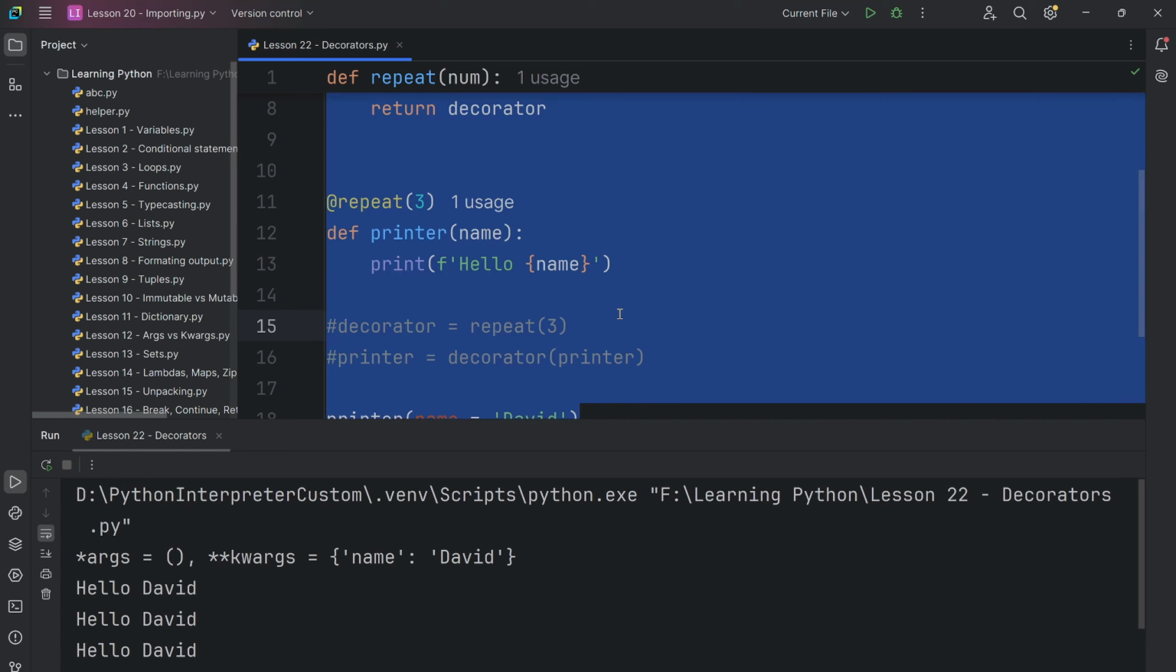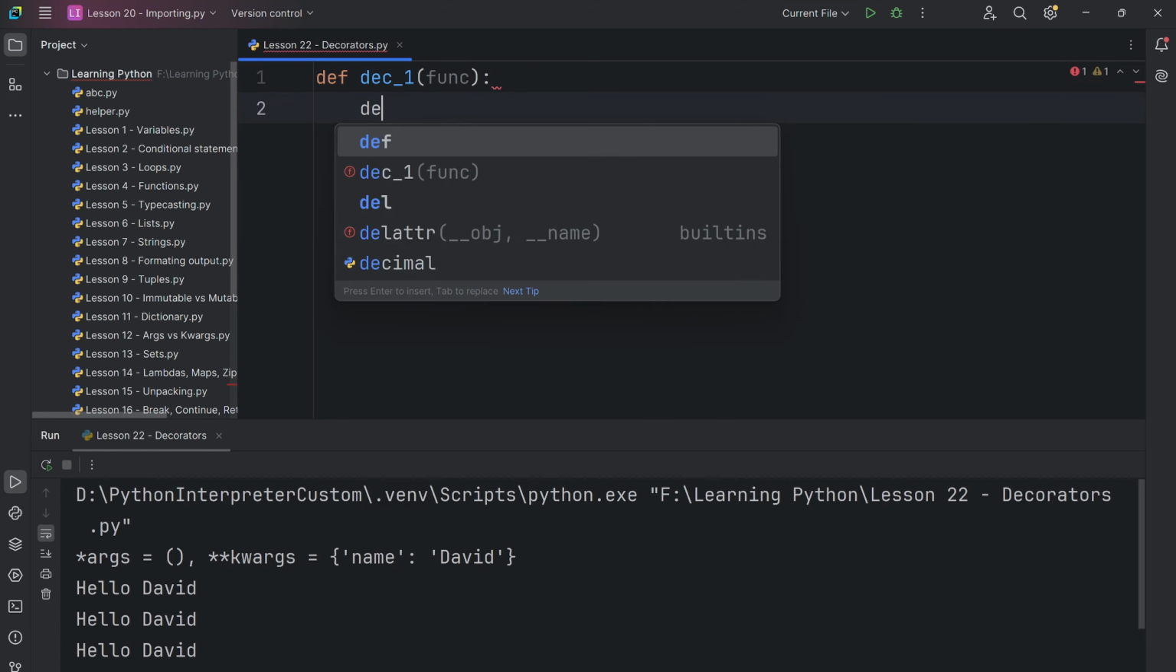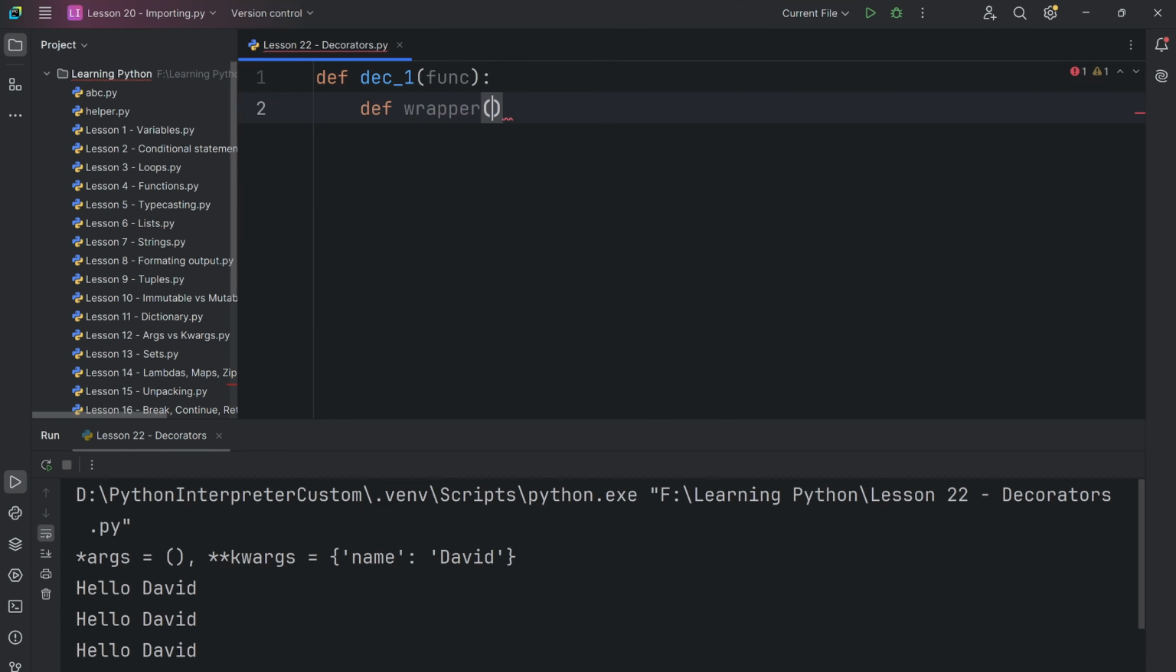Let me show you. For example, I create a decorator deck one. It will get the function, and then def wrapper. For simplicity, I won't write here any arguments. It will be a simple function that will print something. And here I will write